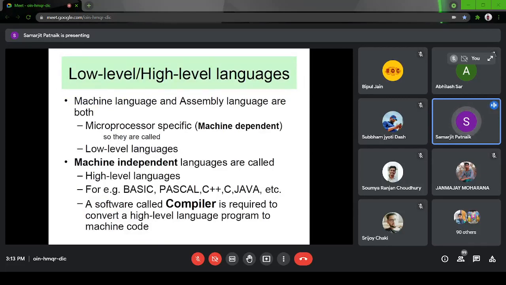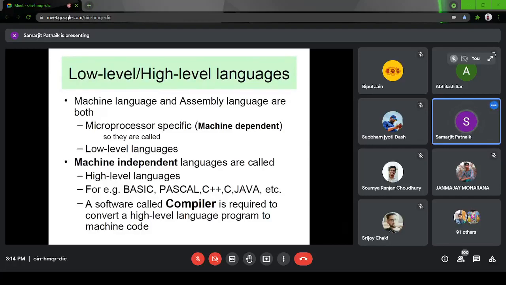Generally, machine level language and assembly language are microprocessor specific. You will get to know how when you go through 8085 and 8086. There will be some instructions which might have different machine codes in both the microprocessors. So these are machine specific. For 8085 you have to write a different set of instructions, for 8086 you have to write a different set of instructions.